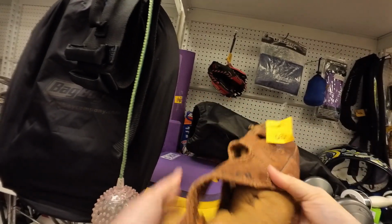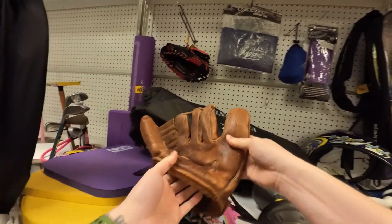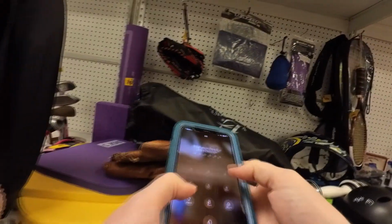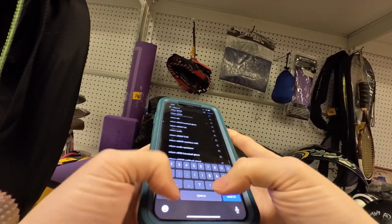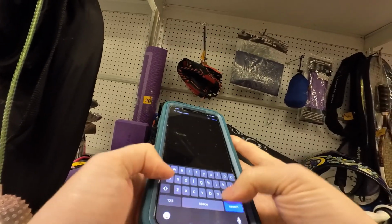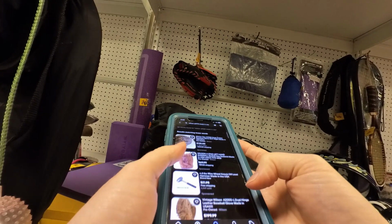I saw this and I was like, that looks old. This is $7 and it is a vintage Wilson right-handed glove. So that means the glove goes on the left hand, but it's for a right-handed person. It does have some condition issues. Like it's got some little writing on there. Most people that play baseball or softball write their name on the glove, because, you know, I don't know why that's a thing. But the actual condition issues beyond that, because that's expected for most people, is that the leather